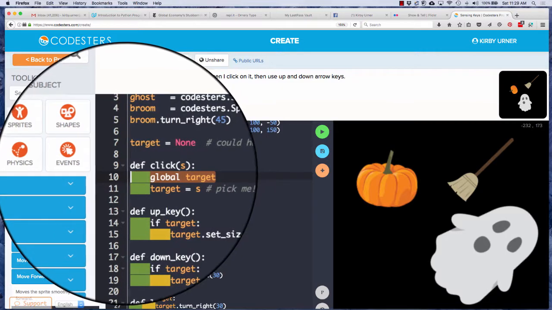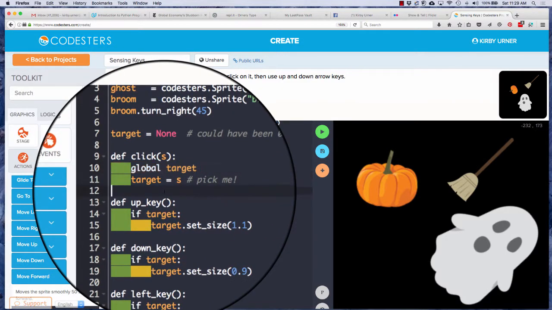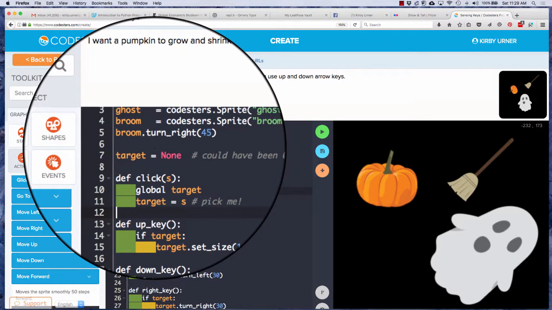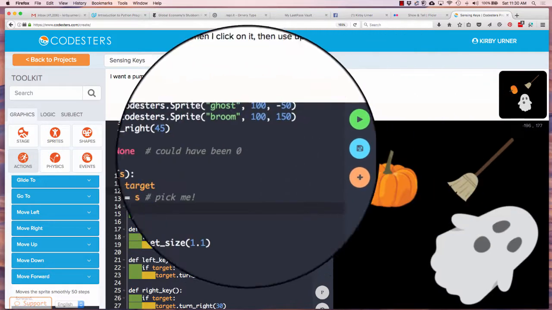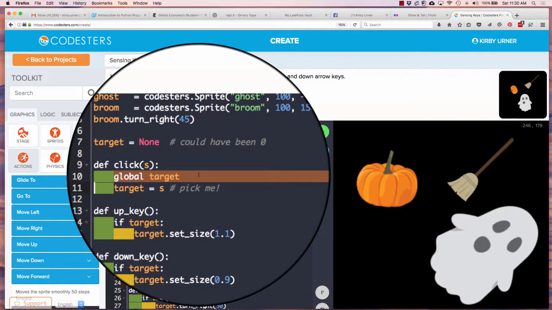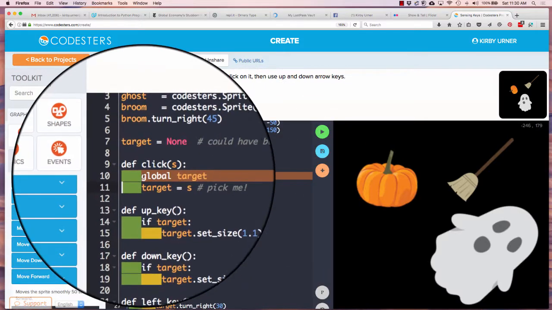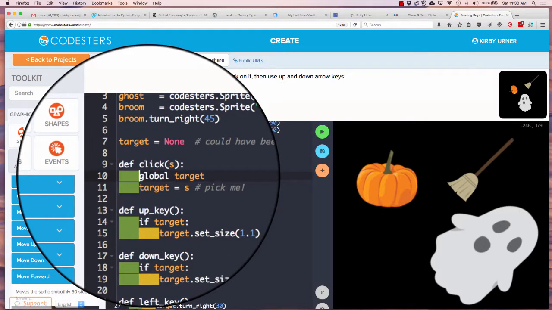And that's why I had to say global, because usually functions are not empowered to change global variables. In other words, repoint them to something else. They can modify existing, they can add to a list, they can sort of edit existing variables, but in terms of pointing them to whole other objects, that's a power they don't have unless you explicitly grant it to them, which I do here on line 10. I say, I want this click function to be able to change what target is pointing to at the global level. For fun, let's just take that out in the sense of comment it out, put a little hash mark